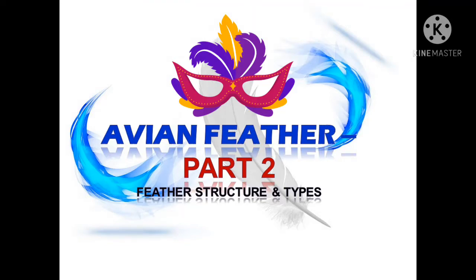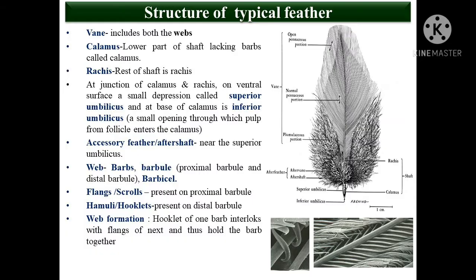Friends, in connection with the previous video of Avian feather part 1, here I would like to discuss feather structure and types. Here is the structure of a typical feather. A feather has two major parts, that is shaft and vane. The shaft contains rachis and calamus. The rachis is the central portion of the feather